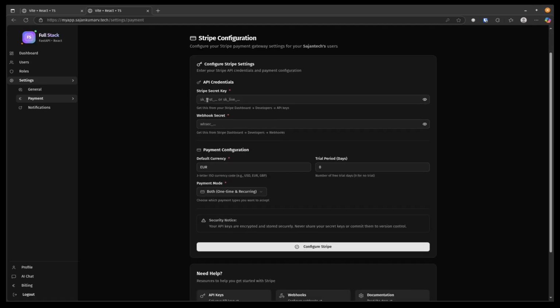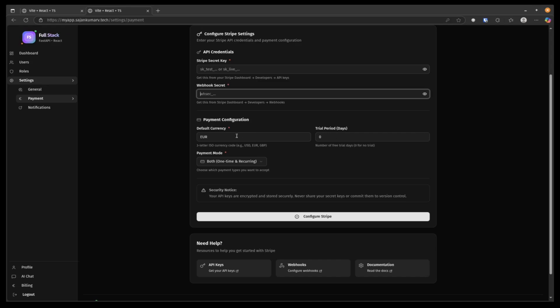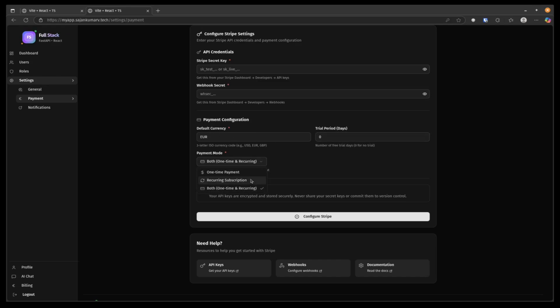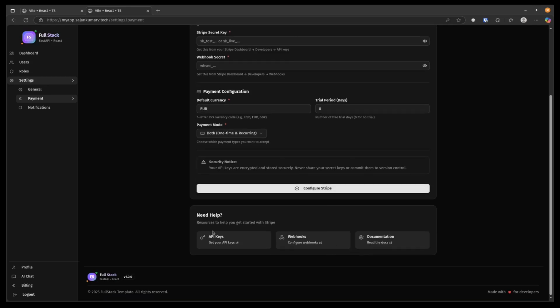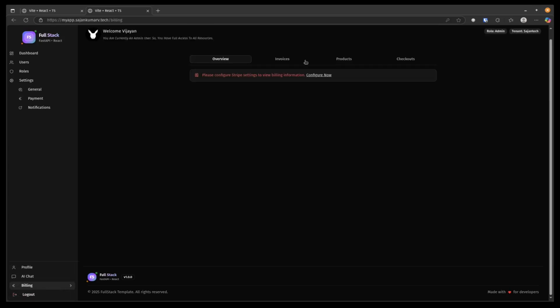As a tenant, you must provide your secret API key and the webhook if you have, and you can enter the currency, trial period, and the payment mode, and then click configure save. That's all. Your Stripe configuration is successful, and then you can go back to billing, invoice,